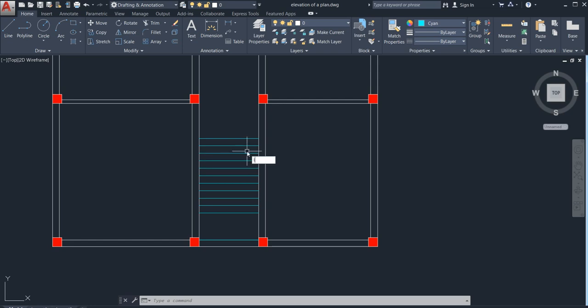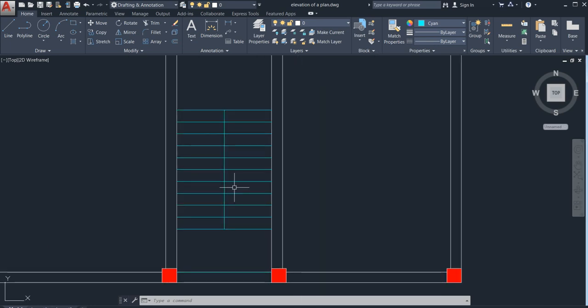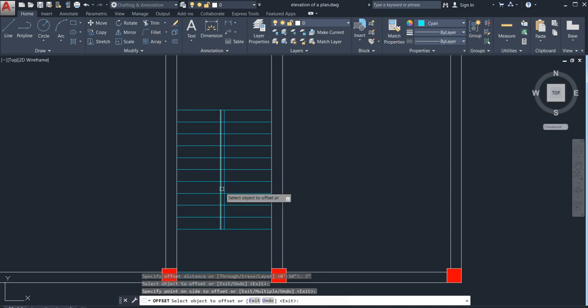Now it's fine. Now go for L command. From the middle, just drag it here, skip it, go for offset command with the help of 6 feet 6 inches. We have taken this from here to here, 6 feet 6 inches. We will keep a gap of 3 between the two stairs, means this and this. Go for offset with the help of 3, so you can study how to draw a dogleg type of stair. You can get it in my previous video.